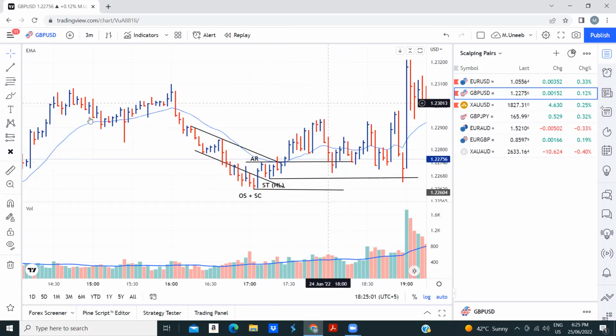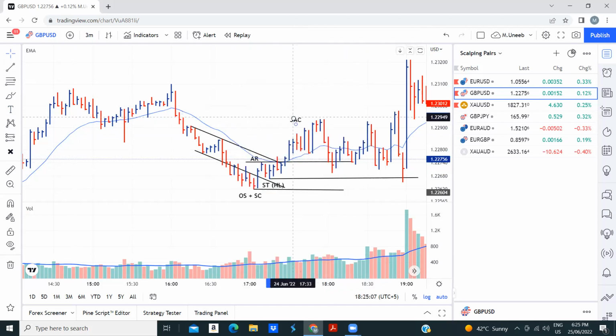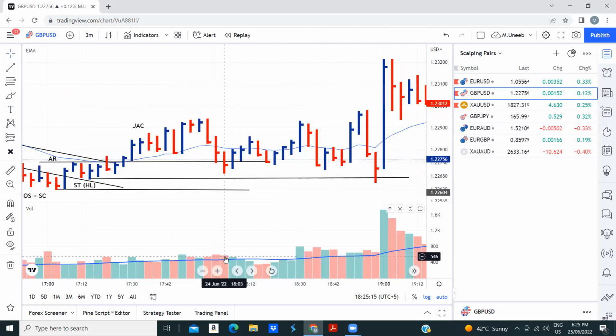JAC. Okay, JAC is achieved. Right. All right. Now after JAC, we wait for the price to come back and react to this. This is the first reference point. But did you see any sign like effort versus no result or no demand